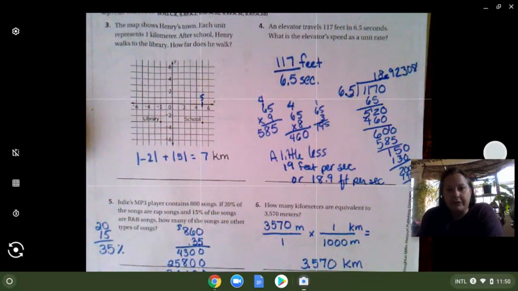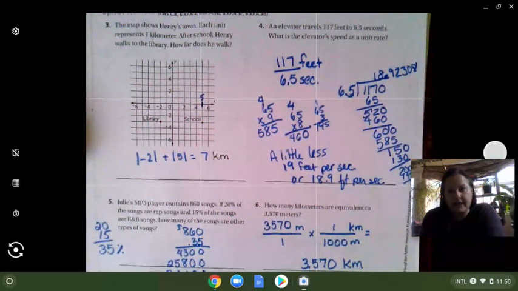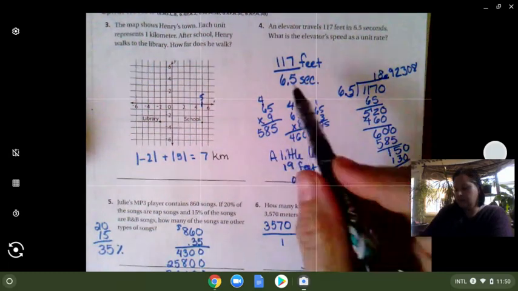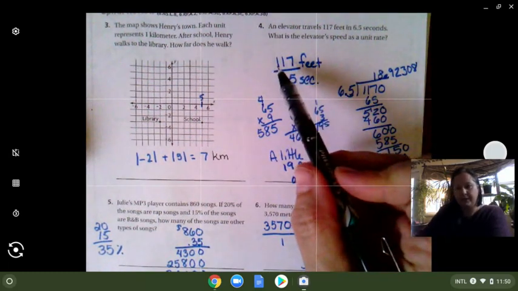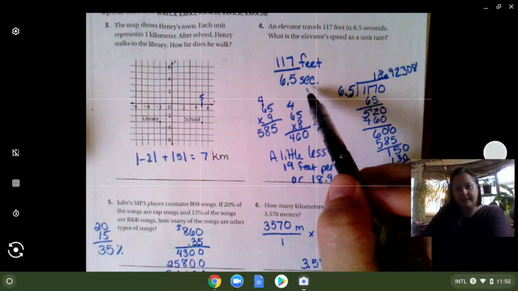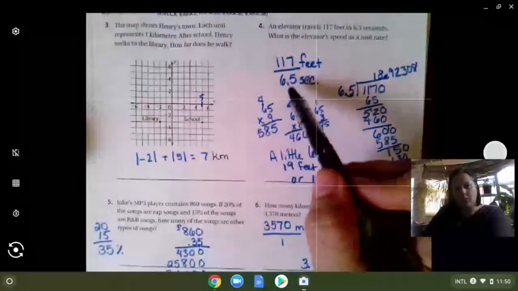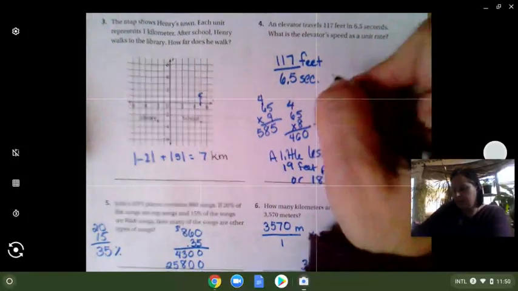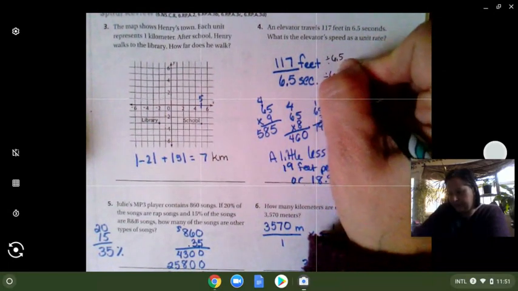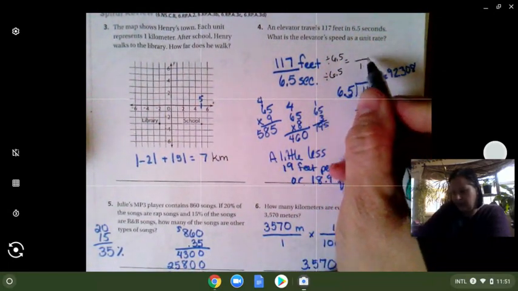An elevator travels 117 feet in 6.5 seconds. What's the elevator speed as a unit rate? So remember, a unit rate is always how much per 1 unit, and this would be per 1 second. So we are going to make a ratio out of the information they give us. So 117 feet over 6.5 seconds. In order to get this down to a 1 on the bottom, we need to divide both the top and bottom by 6.5. So here we would get the 1 on the bottom,